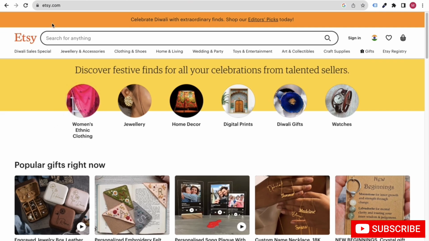For example, here we have etsy.com. It's a very popular e-commerce website where people can sell and buy digital products. Here, what you can do is collect the information, or scrape the data from this Etsy website, and after you collect the data you can create one API that will help find which topic or which product is trending too much on Etsy. So here both data and trending topics come in.